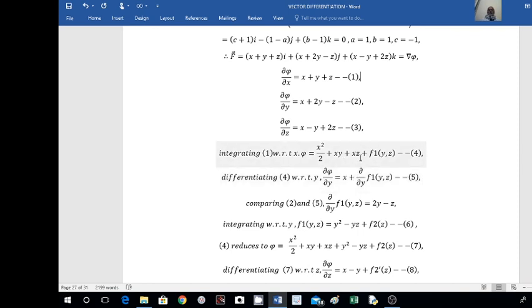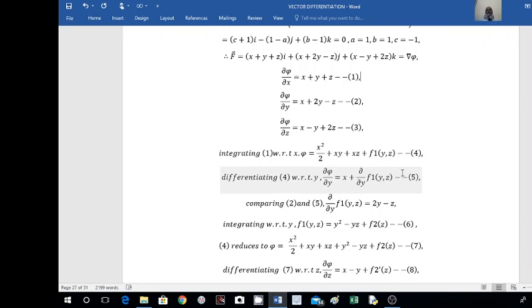And what about this one here? These two are constant quantities, no? The derivative of this becomes 0 plus. I am differentiating with respect to y, so that is here dou by dou y of f1 yz. I will take this as 5. What I got here is dou pi by dou y. Already I have dou pi by dou y here. That is, 2 and 5 are the values of dou pi by dou y. These two are the same, the LHS are same. Therefore the RHS are also same.